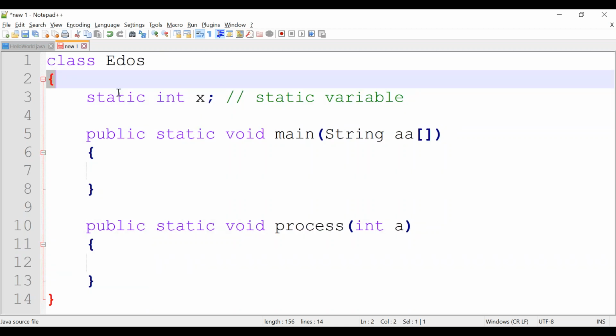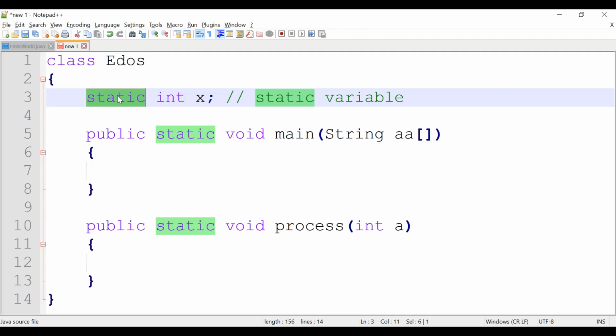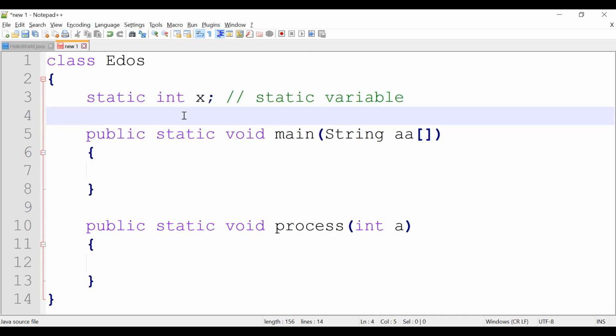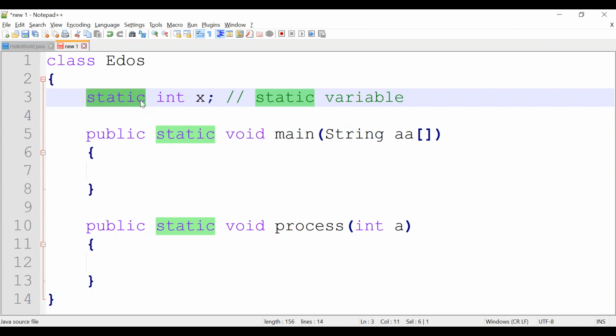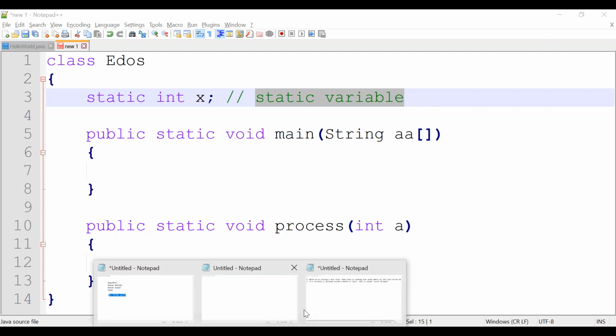One more interesting thing is that the variable is declared with the static keyword. We are seeing keywords in different colors, right? This x is declared with static, and that's why it is called a static variable.